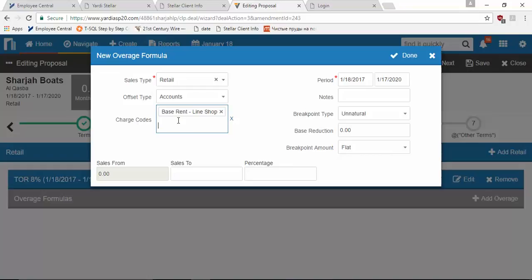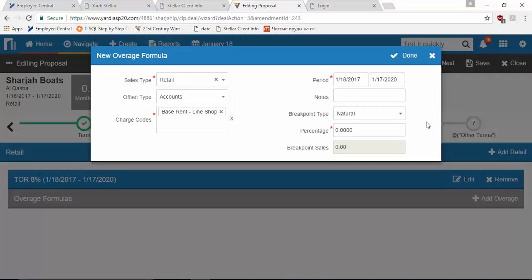If we want, we can specify more than one. Then we select breakpoint type as natural, which means we're not building any kind of schedule. We're not saying that up to a certain sales we are billing X and then we start billing Y. No, we are saying just go look at what sits against the charge code for that tenant at the end of the year,